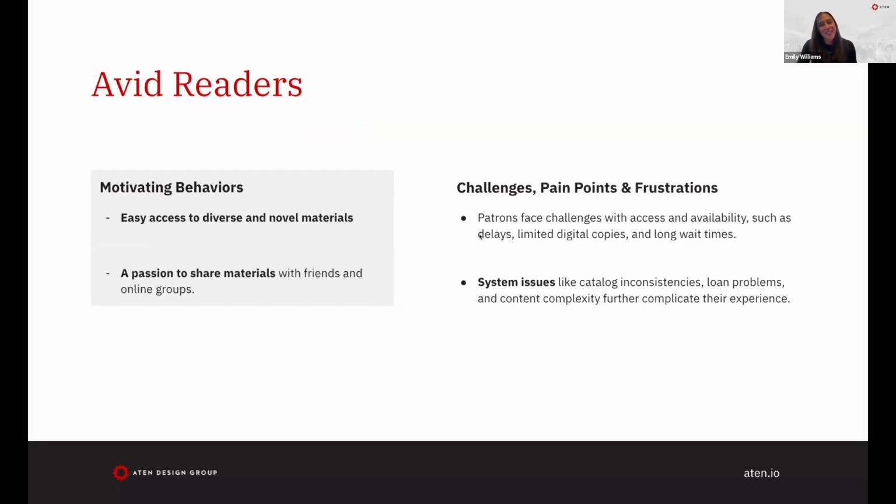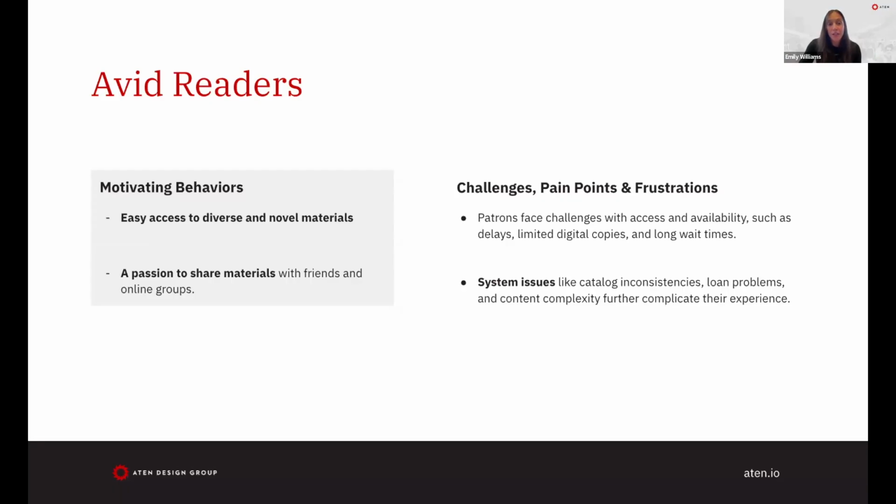Another group that may not be very surprising are avid readers. And so this is an incredibly different subset of people. This group of users regularly want to engage with a diverse range of material. They're super interested in finding new material, and they're interested in finding new material from recommendations, maybe from librarians, right? They also enjoy the ability to catalog everything that they've read and share that passion with their friends